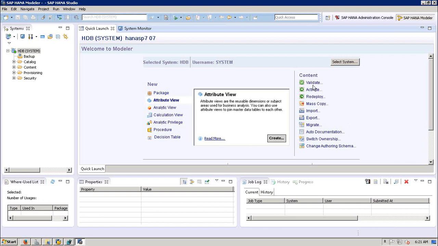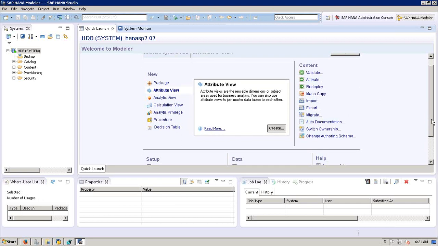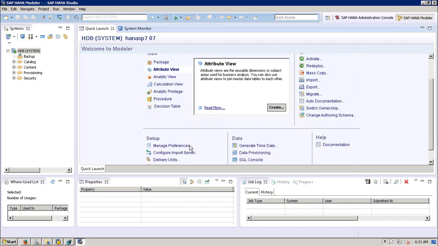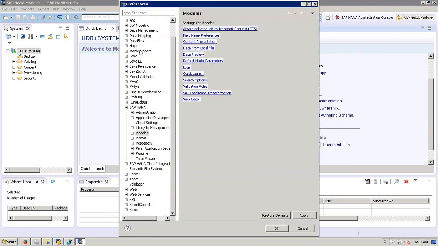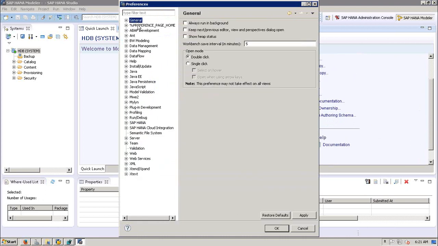Alright, it has to look through a particular set of validation rules, and usually you can also control what validation you can handle by going into your individual preferences. So if you go into preferences, you will have a whole bunch of stuff that you can look at, and in this you will also have what kind of rules you want to use for the validation. Alright, if you go into the general tab,